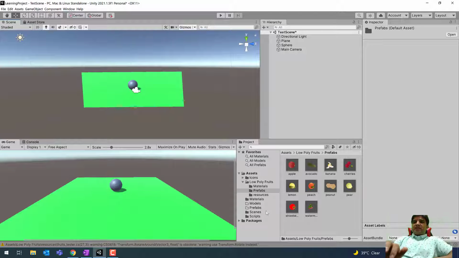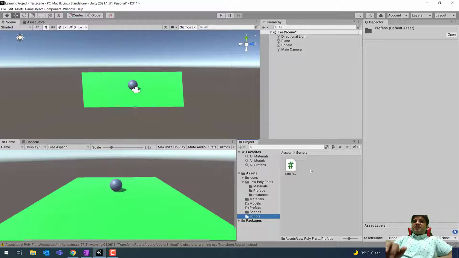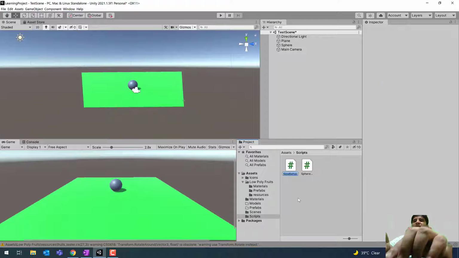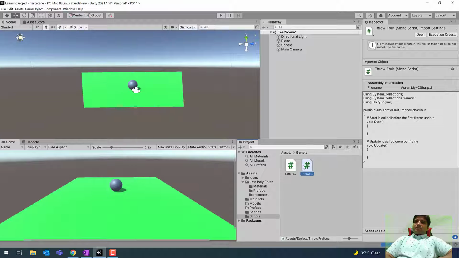So let's click on this scripts folder and create a new script. Right click, create C# script, and I'm going to call it ThrowFruit. That's the name of the script. Press enter to register this name. Once the script is created, just double click to open this script in Visual Studio and make some changes.